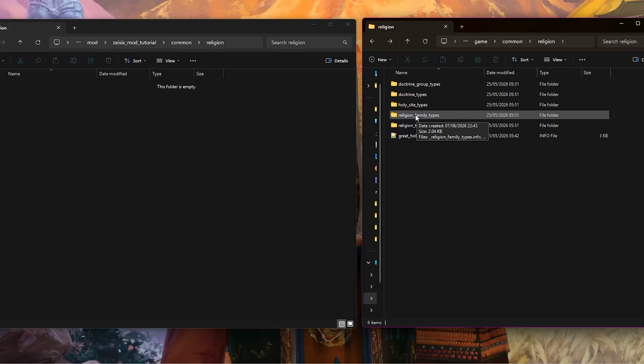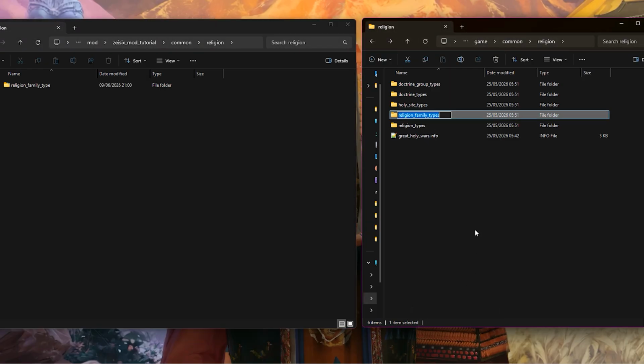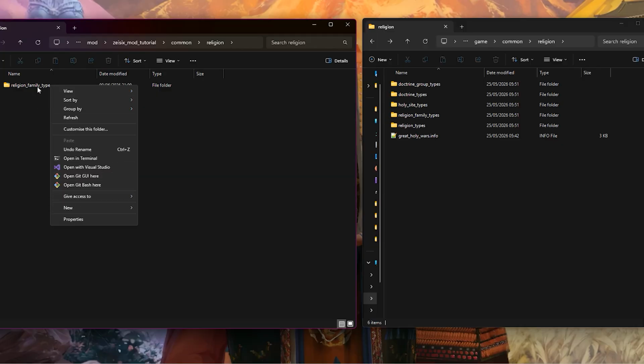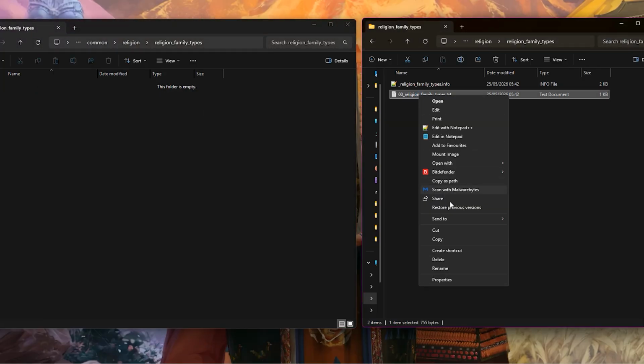Now you don't have to do this, you can just add your religion to a current family type, but I'll show this for anybody that wants to do that. I always recommend going to rename, copying that and then pasting it, because as you see here, you might accidentally make a mistake like this, and I put type and not types, and then that will stop your mod from working. Now we will go into here and then into here, and then we can copy this file over